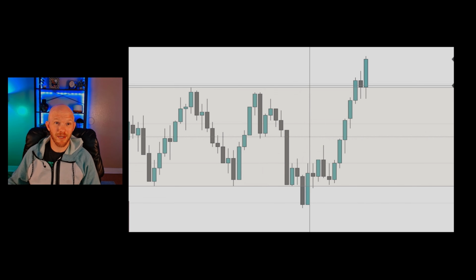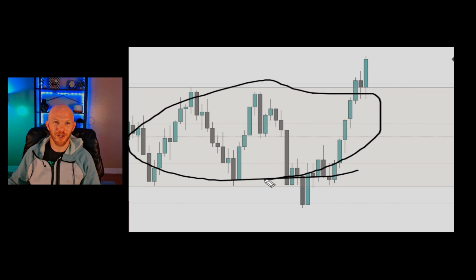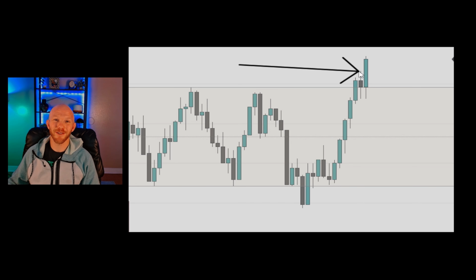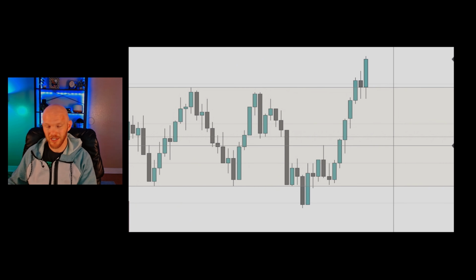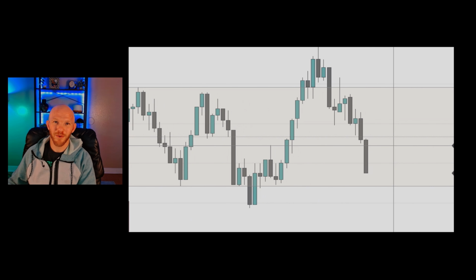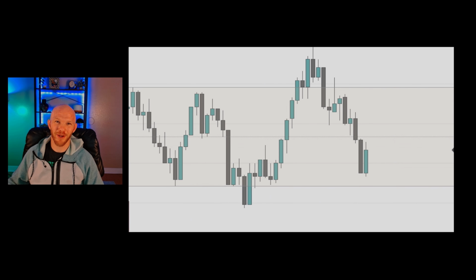Here we are at the top now. Same thing, we're breaking out, right? Look at this big green candle. This is amazing. We're going to start a huge run. But then we remember rule number 2, we're in a trading range. Most breakouts of a trading range will fail, so our probabilities actually lie in taking a short position here. And what do you know? We move back down into the range.